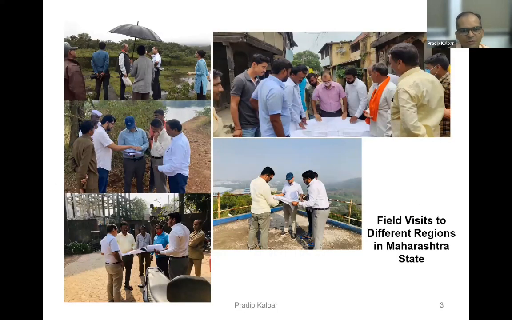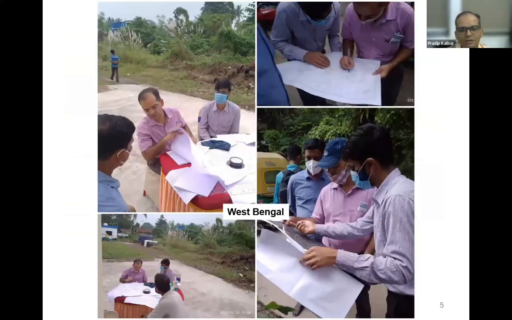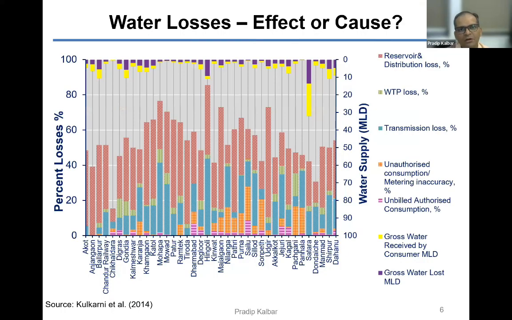I have studied these water supply systems across Maharashtra, which is very local to us here, but also in other states like Telangana and Rajasthan, and many places I've been visiting in different roles. West Bengal, we have had a very good response from the West Bengal Public Health Engineering Department. We are closely working with them for improving water supply systems. Based on all of this understanding that we have developed in the last decade, I'm going to present this work. One example of a wicked problem is water losses.